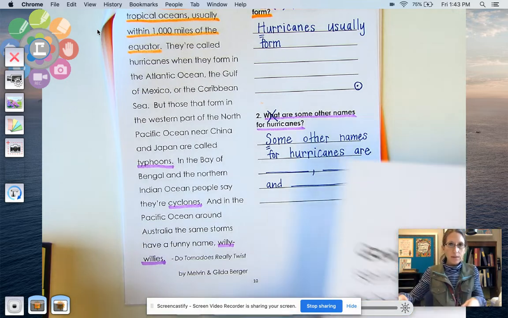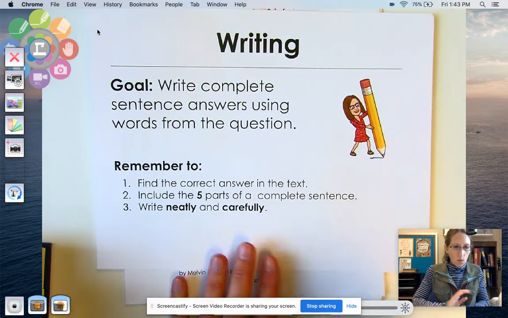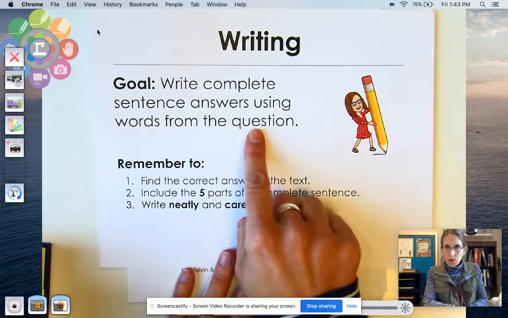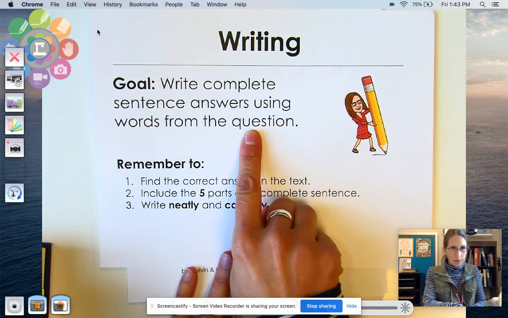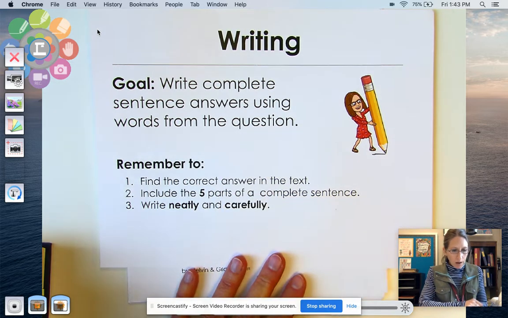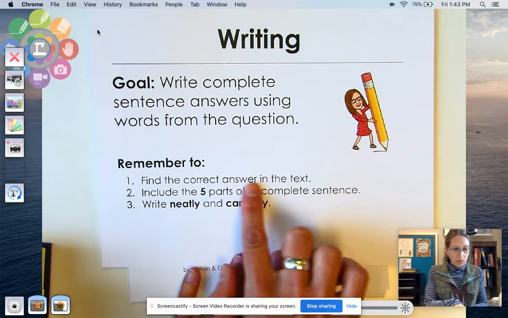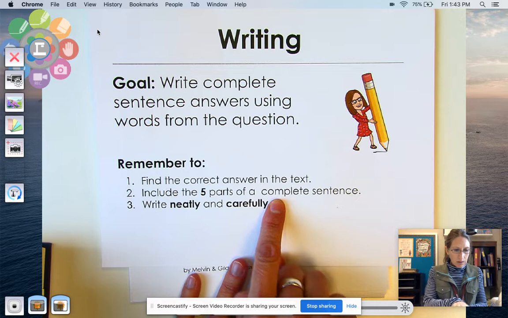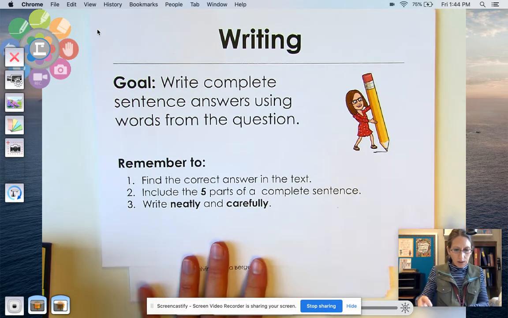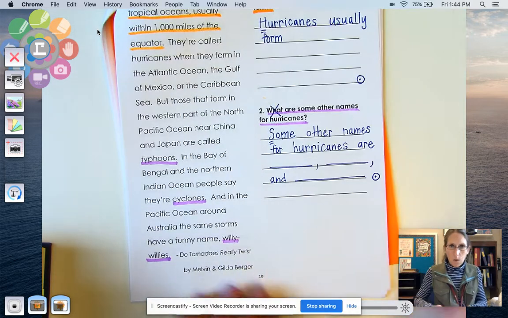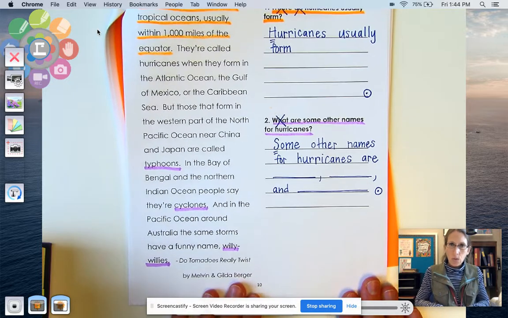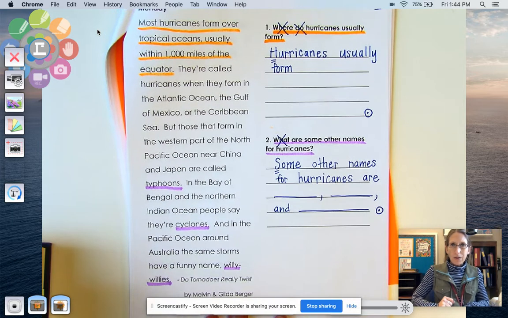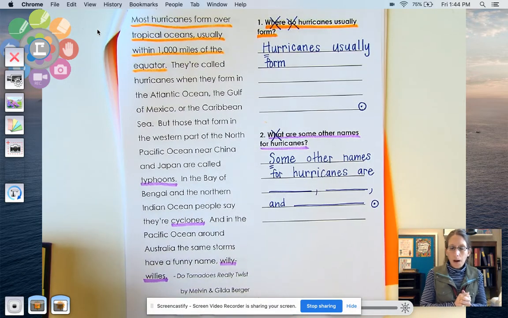All right, so once again, we'll take a look at our goals for today. So our goal is to write complete sentence answers using words from the question. I think we've done a fabulous job with that today. So we have remembered to find the correct answer in the text, to include the 5 parts of a complete sentence, to write neatly and carefully. So, second graders, what you're going to do is you are going to complete number 1 and number 2, making sure you've got your capital letters and end marks, and then you're going to take a picture of your amazing writing work